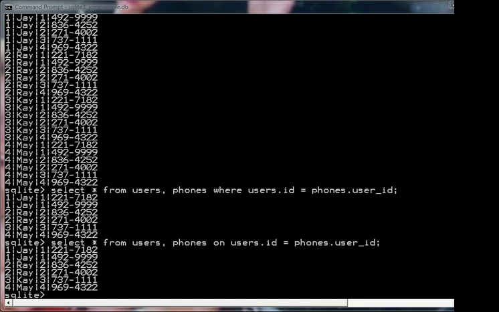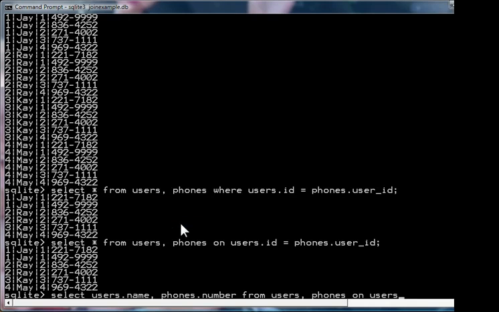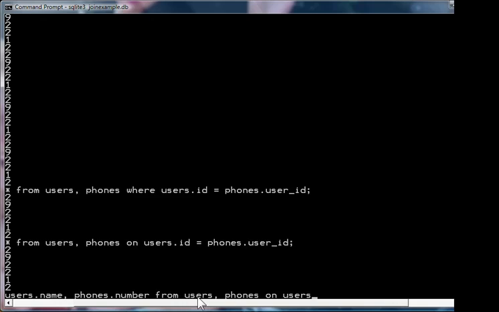Now, if you were going to present this information in some sort of user interface of a program, you don't want all the fields, like ID and user ID, because they're not useful to you. Only the names and the phone numbers are useful. So you'd say select the name field from the users table and the number field from the phones table, from the users table joined with the phones table,